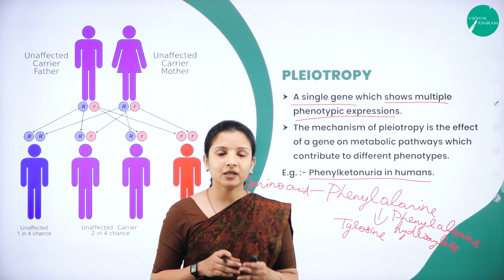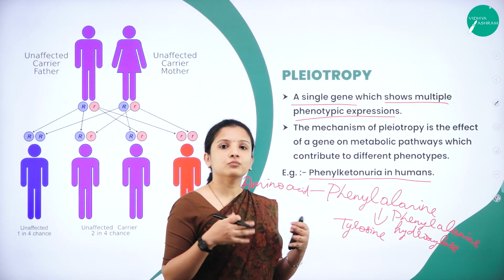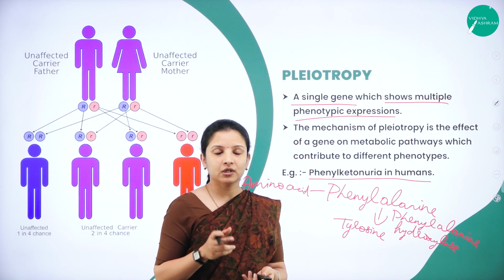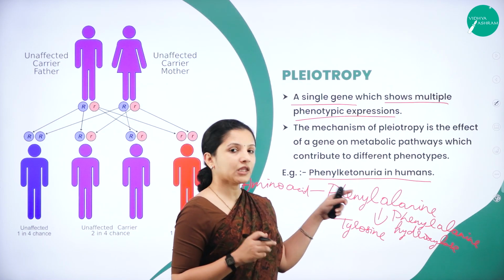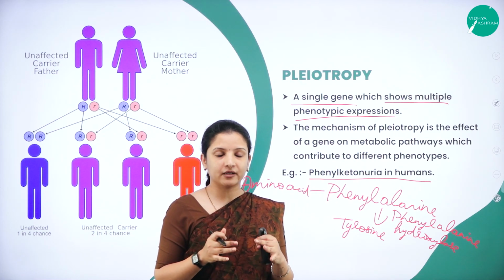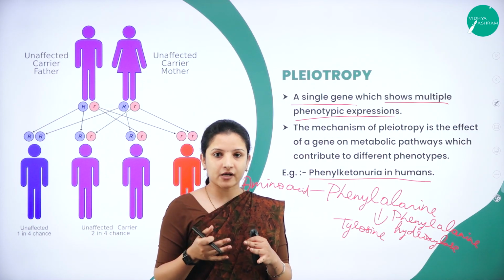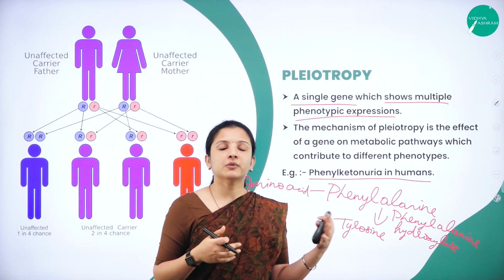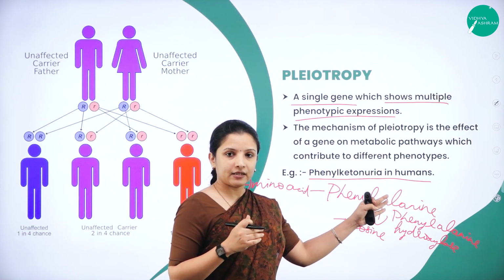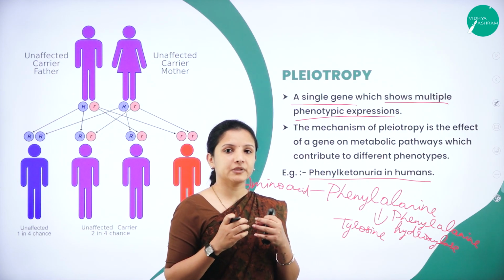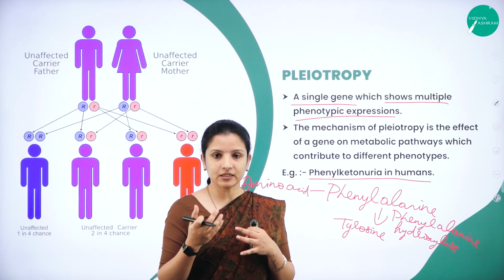Now you can ask me, ma'am, if there is accumulation of phenylalanine, it is good, right? A large amount of tyrosine will be produced. That is where the fault lies. Anything too much is always bad. Only as much as is needed should be produced for the proper functioning of the body. It's just like too much calcium in the body is also dangerous, right? Here, when phenylalanine starts to accumulate, it results in a deficiency.